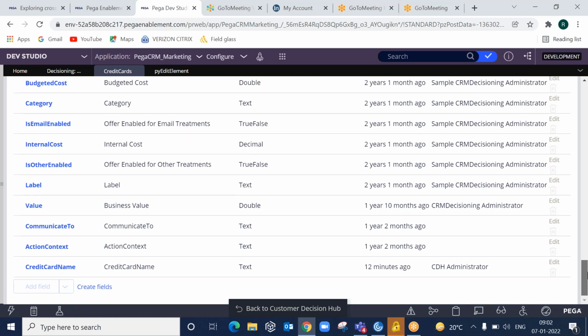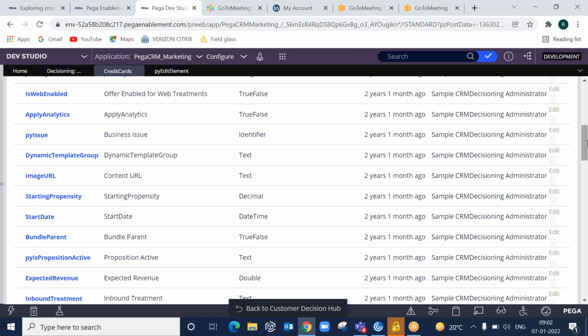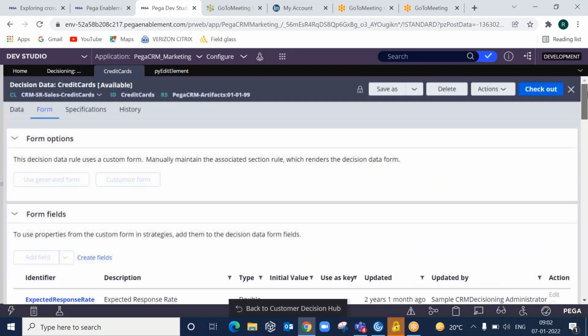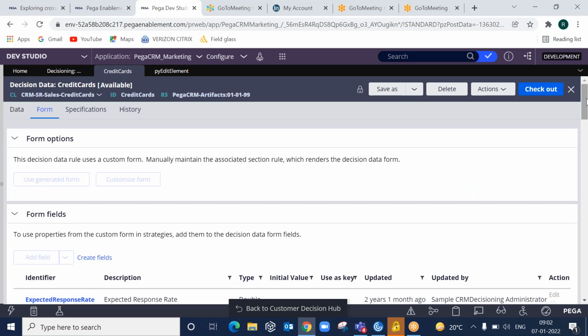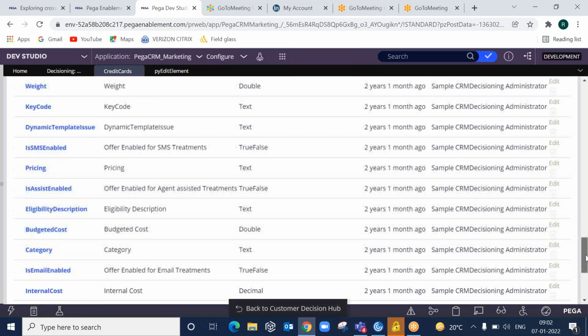Now, your requirement is to select from a list of cities, right? Because for a particular offer, every time you don't know what the city name is. Then how will you select that particular city name? Let us say you want to provide a drop down where you can select from the list of options. It is not possible to create a drop down when you add the field here.